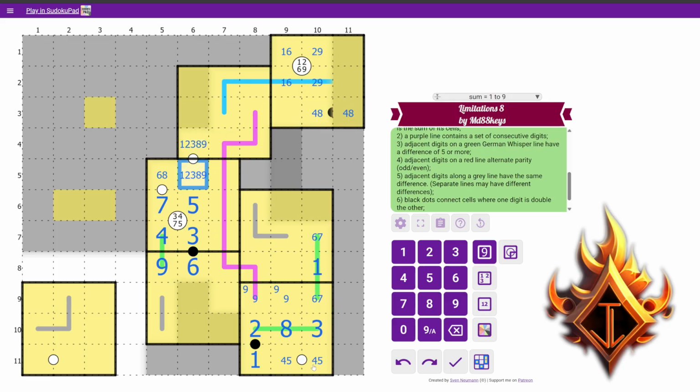So if a 6 was to go on any other, sorry, what I'm trying to say is a 6 cannot go on this line because it would need a 5 or a 7, and they're both already on the dot. A 6 cannot go on this line because it would need a 5 or a 7, and a 7 is already on the dot. So the only numbers left to choose from in a pair sort of standard is 8, 9,